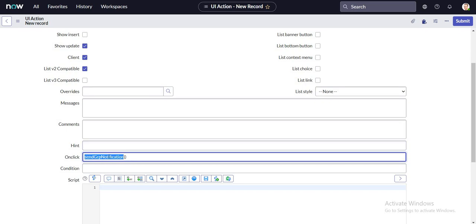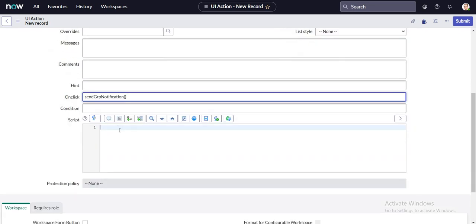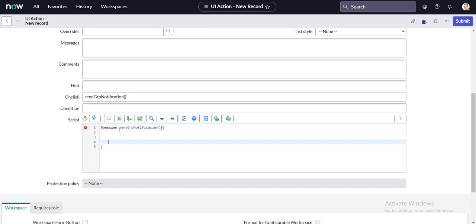This function will be called right here. Here's the definition of the function. I am planning to invoke a UI page over here wherein I will be adding those options where the incident manager can select the groups, and once a particular button is clicked, a notification will be sent to the stakeholders which are added. So let's